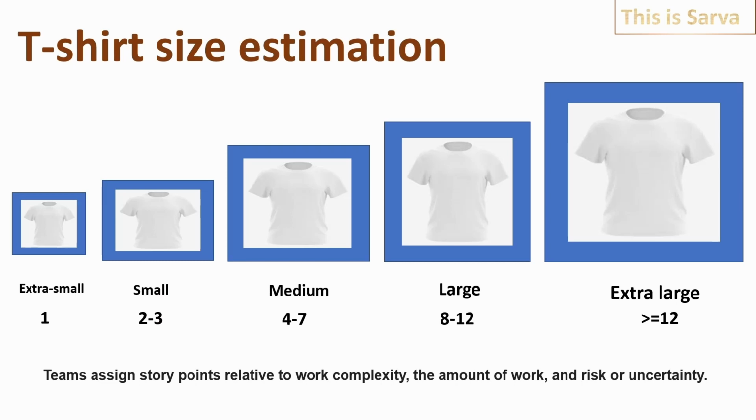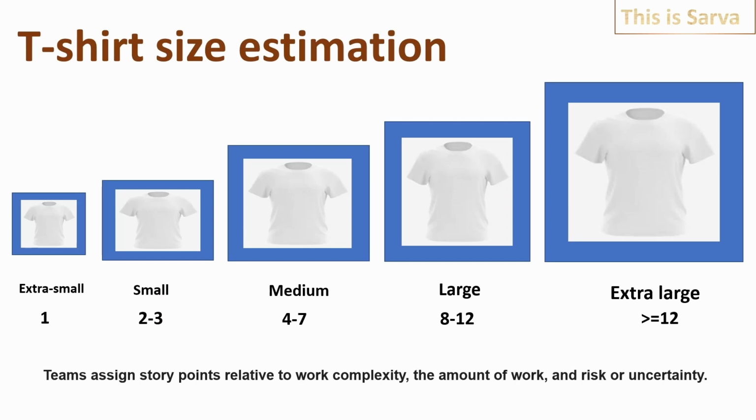Generally, when the project begins, the three sizes small, medium and large are good enough. Extra small and extra large may not be required. And if it is extra large, probably it has to be further sliced into smaller user stories. Whatever is given in the presentation is just an example, because a small story having 2 to 3 story points, for example, may have 2 story points or 4 story points depending on the individual teams. They can assign any value as appropriate from their point of view.